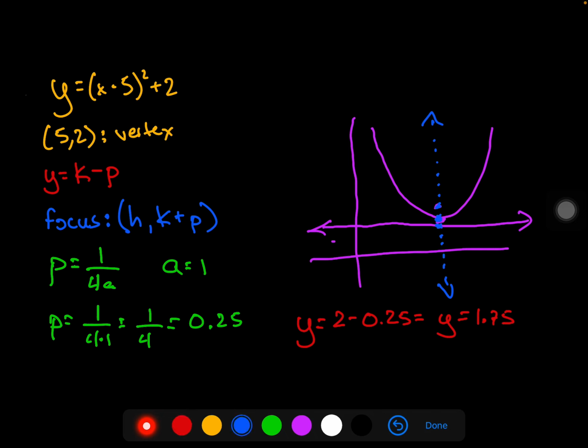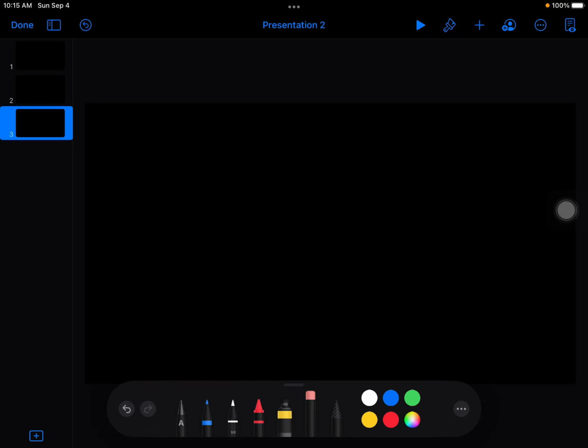And we know that for our focus, just call it big F, h is still equal to that same value from the original equation. But now we need to take k plus p, 2 plus 0.25, and so we get our focus at (5, 2.25). So now every point on this parabola is equidistant from that focus to the directrix. All right,